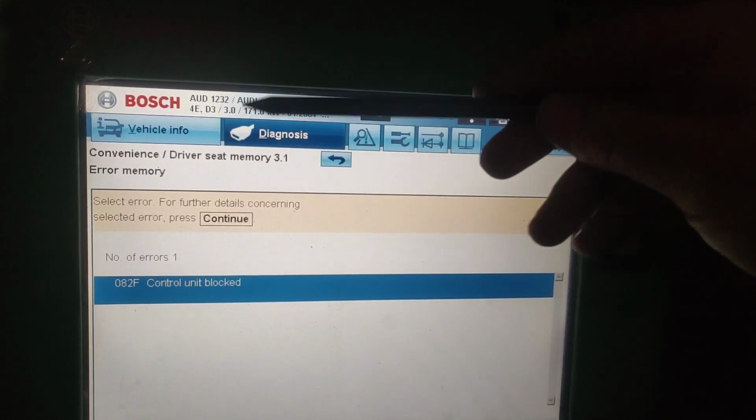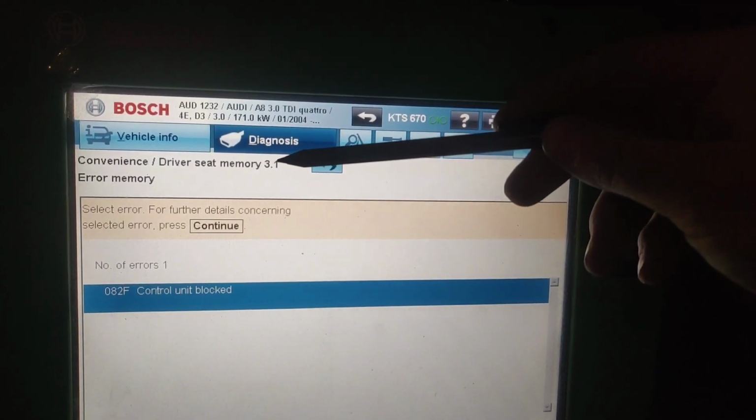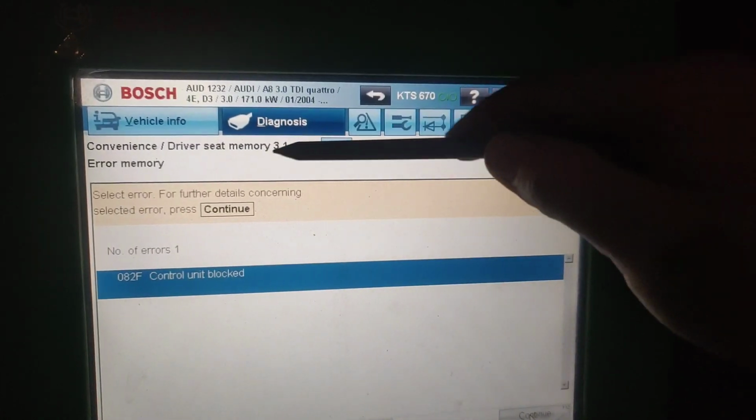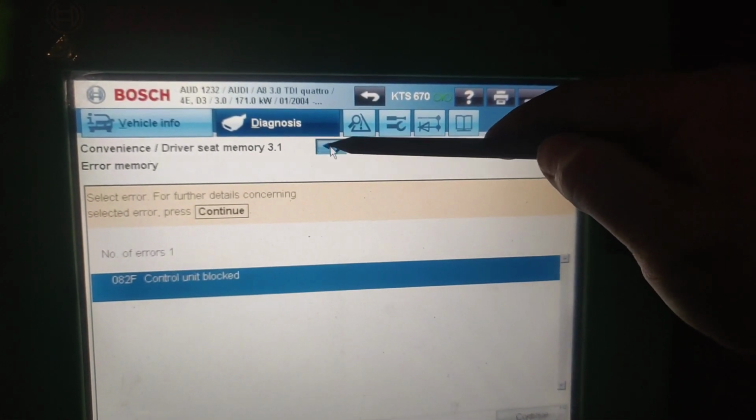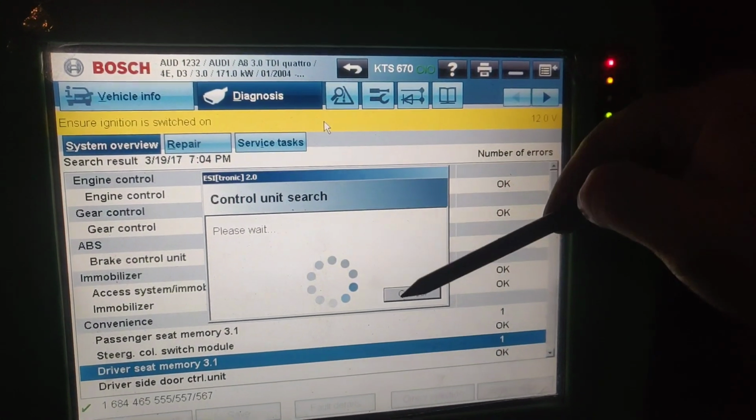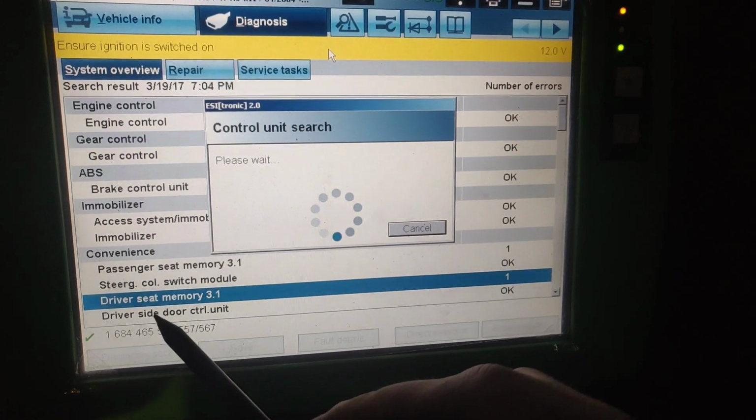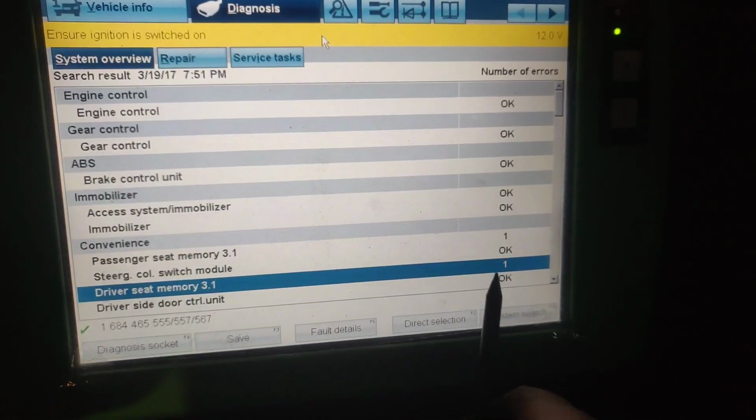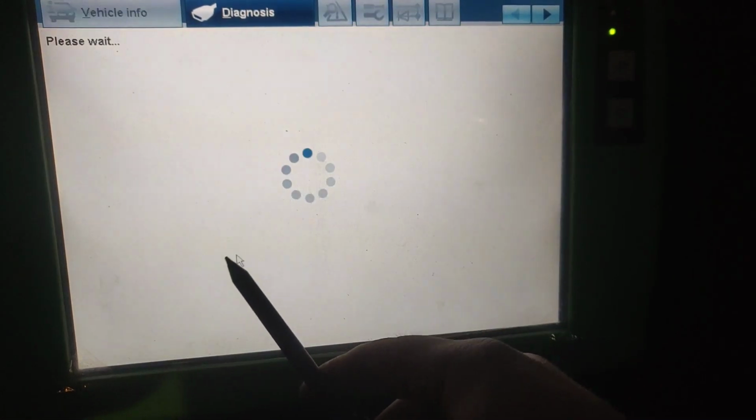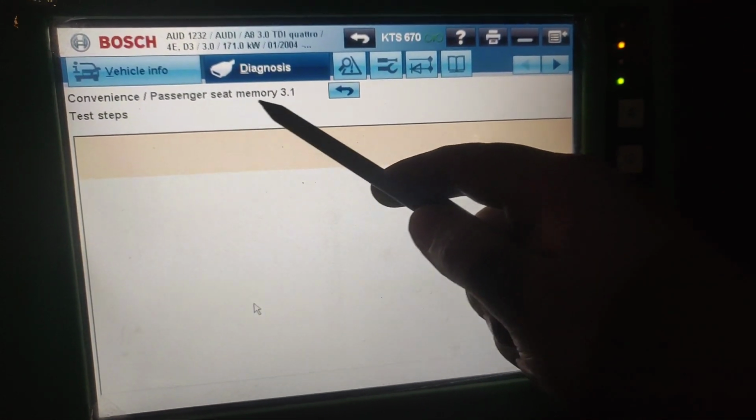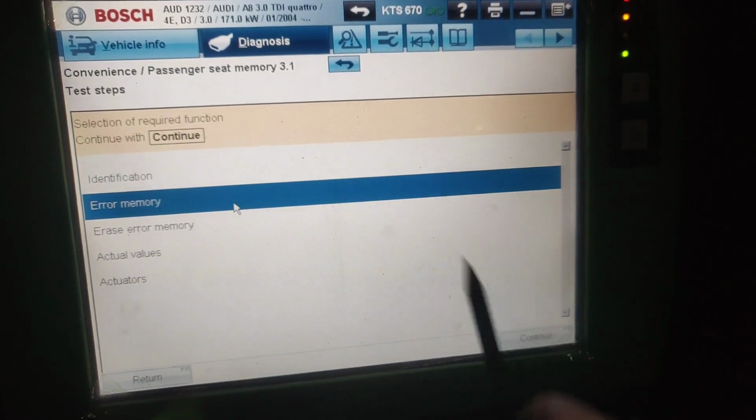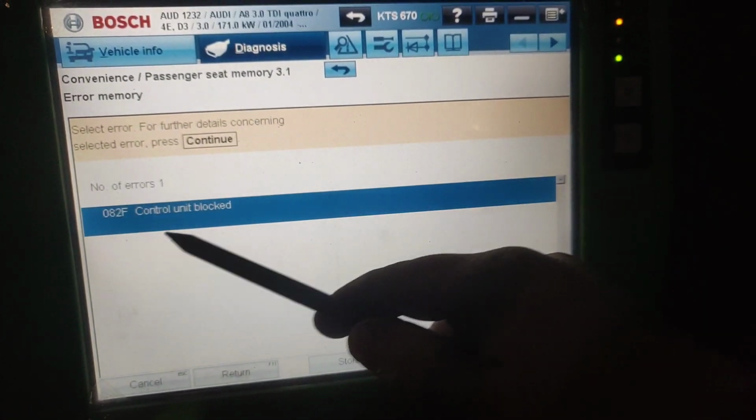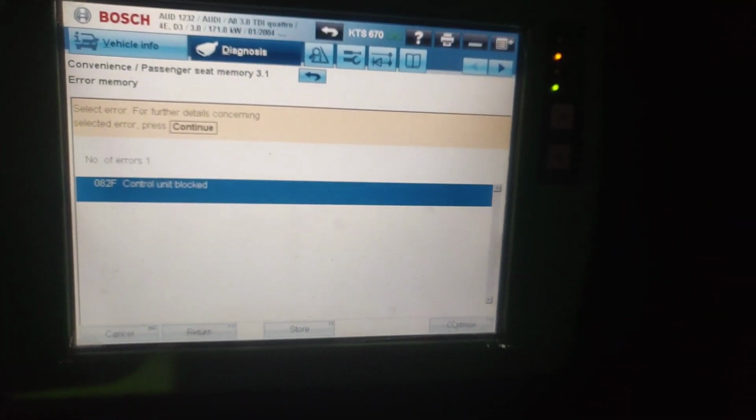positions. If we go into the diagnostics, we can see that we have a control unit blocked. This is the driver seat memory. But if we have a look at the passenger seat memory, it's exactly the same: one fault, and that fault is again component protection, or just a block of the control unit, and you cannot memorize